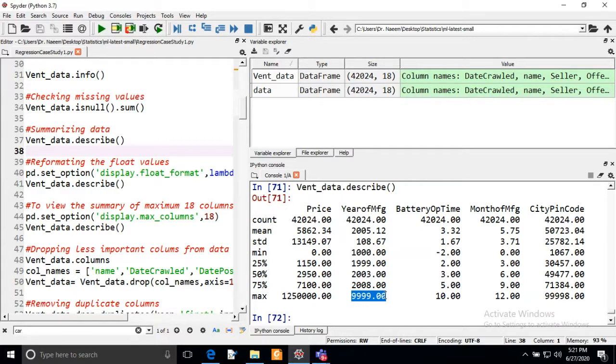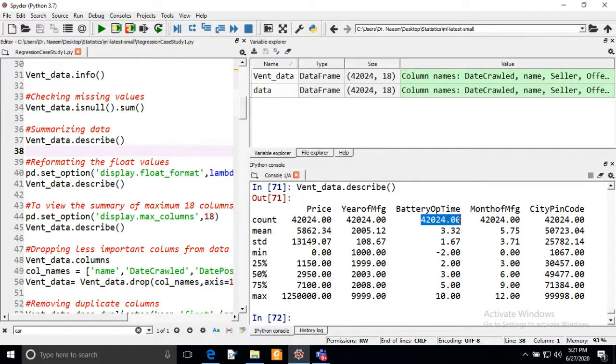So we have to tweak down the range of this column. It also shows the year 1000 as the minimum, but ventilators were invented in 1950. So these are irrelevant values that we have to remove from this column.